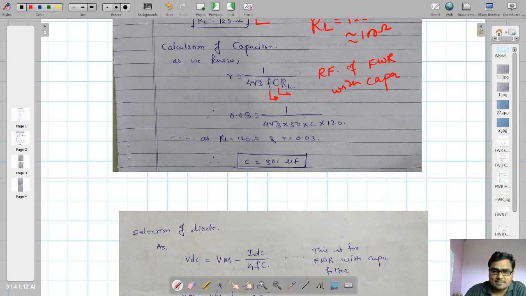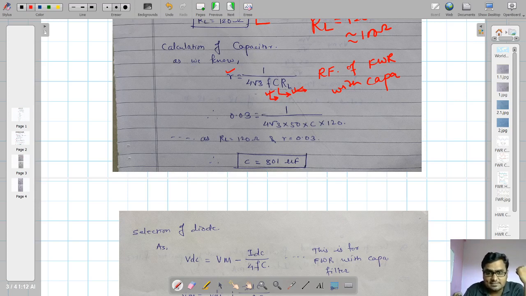C means it is the value of capacitor that you have connected as a filter. And this is the value of load resistor that you have connected at the output. Now out of this equation I have written, which things are known? This ripple factor is known. This frequency is known. The value of load resistor, yes, it is known. The only unknown thing is the value of capacitor.